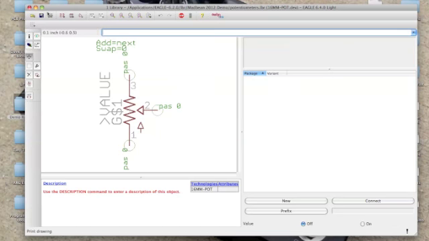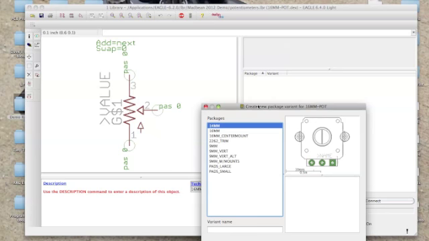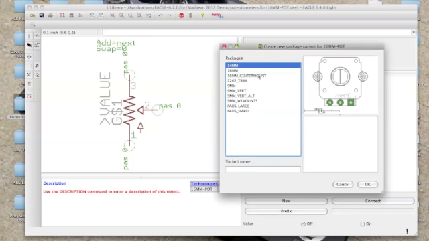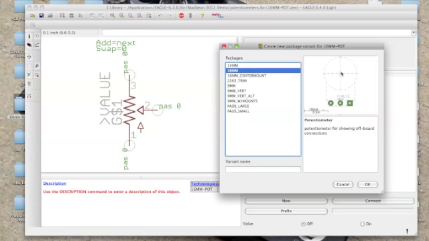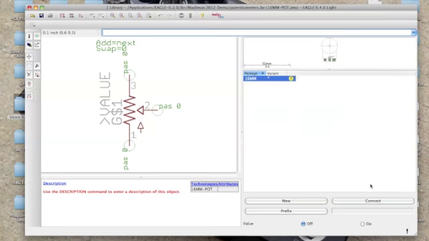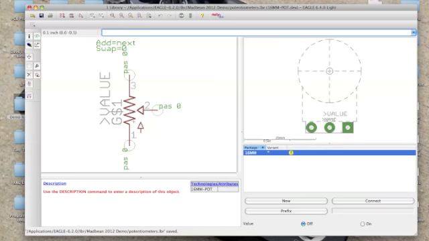Now, the next thing I'm going to do is add a new package. I've got a couple different options here from our packages. And I'm going to take my 16 millimeter pot, which I've edited, and add it. Press OK. Now, most people get confused at this part. I certainly did. The key here is that now that you've got this device loaded and the symbol loaded, you have to connect the pads to the pins. If the pads and the pins aren't connected, you can add this to your schematic, but it won't actually connect